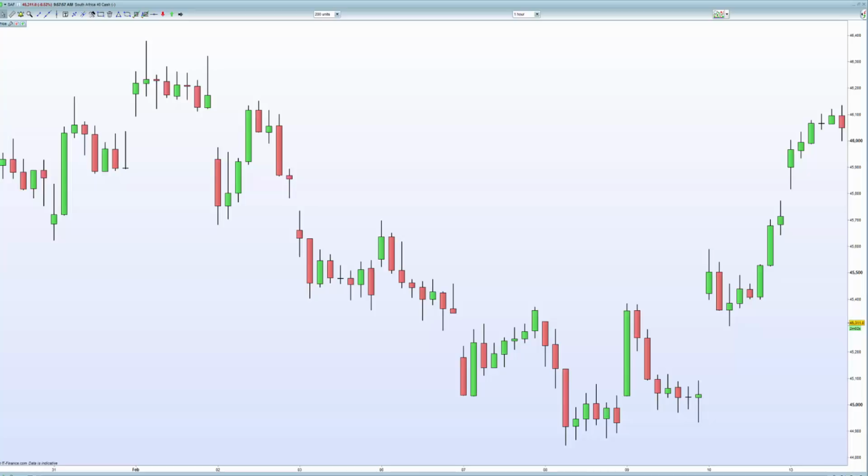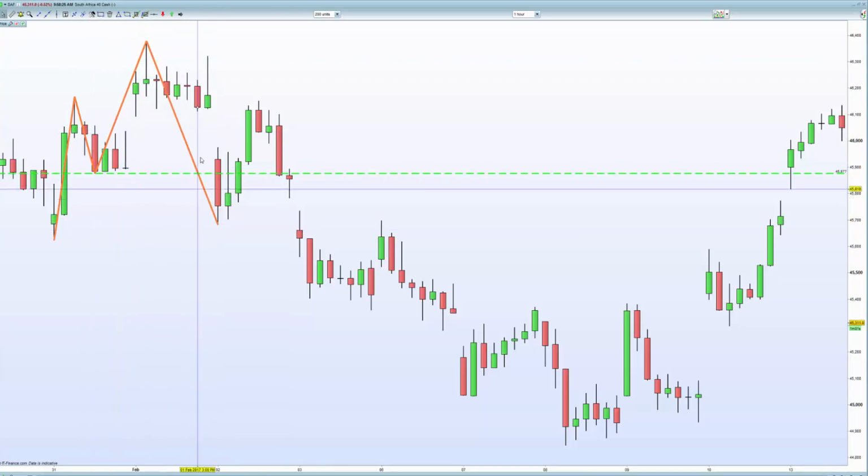Okay, so what we have up on the screen is a 1 hour chart of the South African Top 40 Index. It's running from about the end of Jan 2017 to around about the 13th of Feb. And what I want to highlight to you guys is this. You see here at the end of January the market pushes up, and this is the price structure that we're drawing in here to make this higher high. And then the market really rolls over and pushes all the way down, breaks this previous structure support level right there. It pushes down,